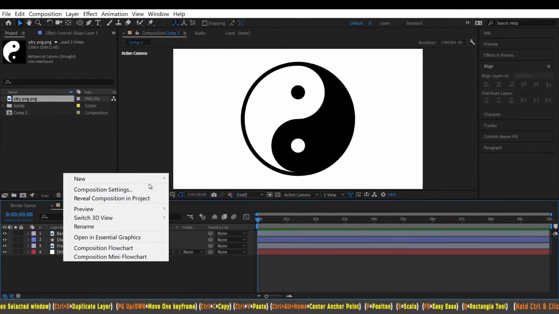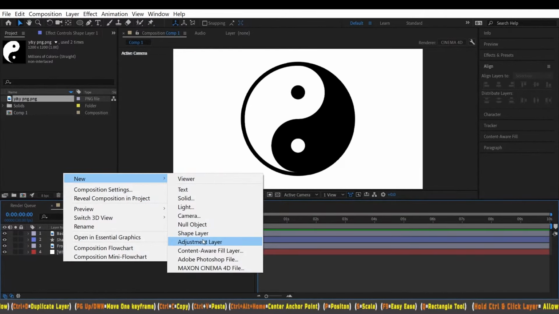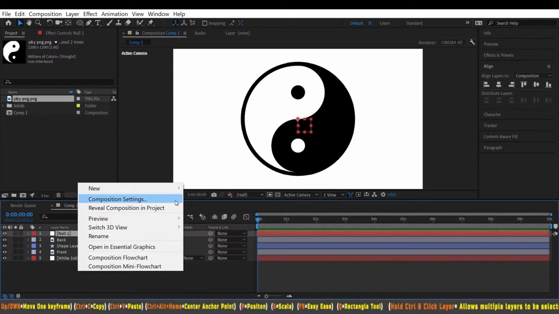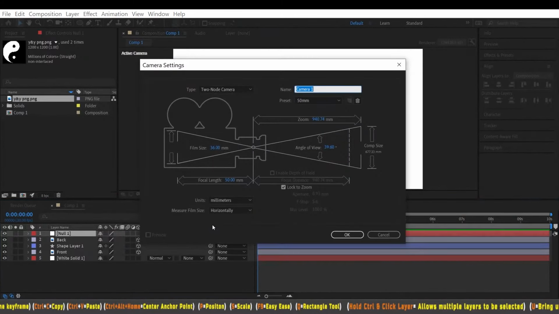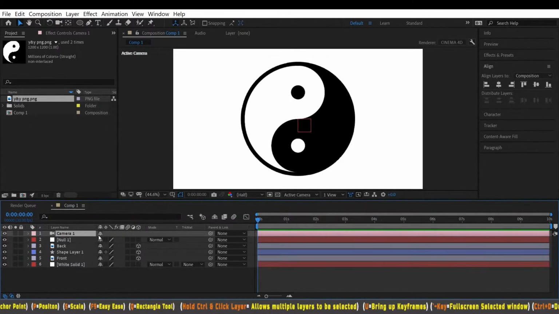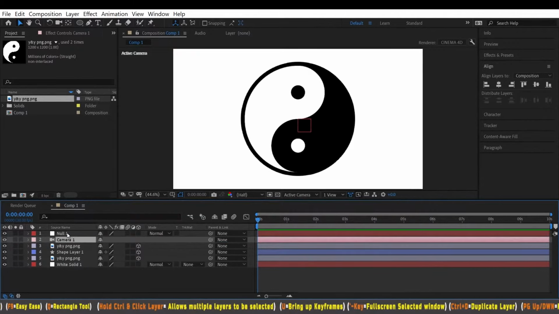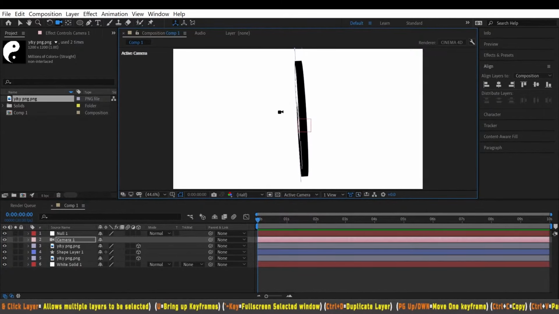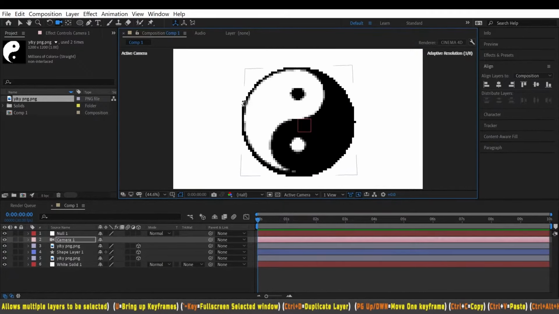And we're gonna add a camera and a null object so we can see the 3D objects. So null object and camera. 50 millimeters is fine. You can just have the same settings I have here. Click OK. And let's move this down. We click C on our keyboard. We can rotate it around and we can see what we have already, some 3D. So we're gonna go ahead and reset that.